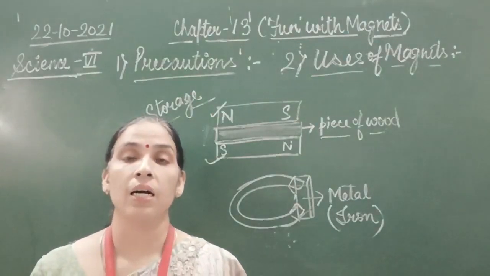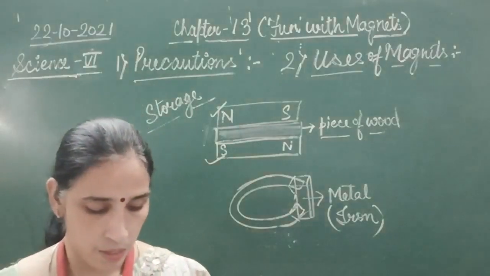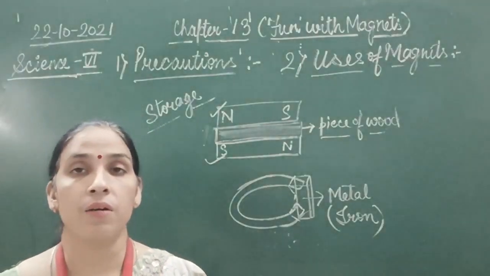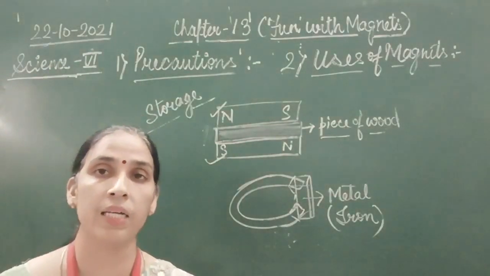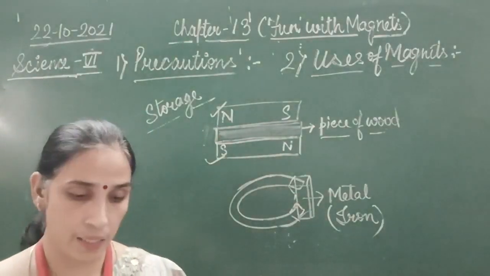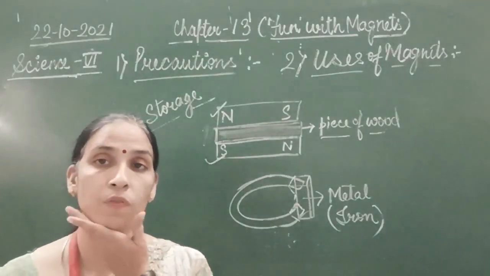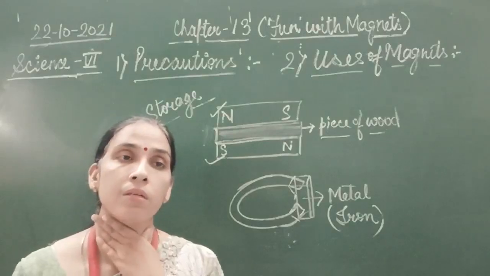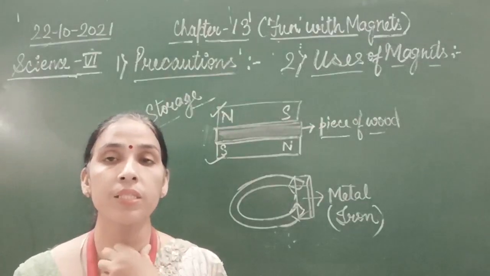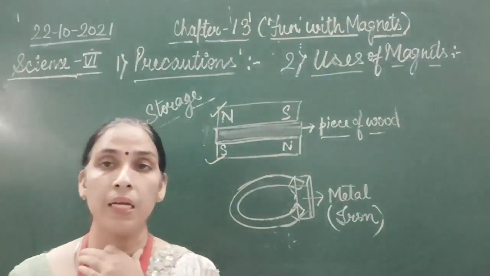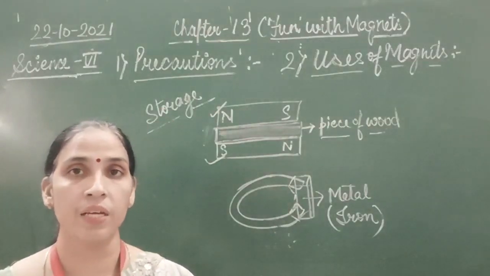Obviously we have a magnet. Magnet is quite common to us from our childhood only. We see different types of magnets in our childhood, and following that only we can understand different concepts of magnet, like what different poles of magnet, how these poles attract or repel, attraction and repulsion between these two poles. All these things we have done.